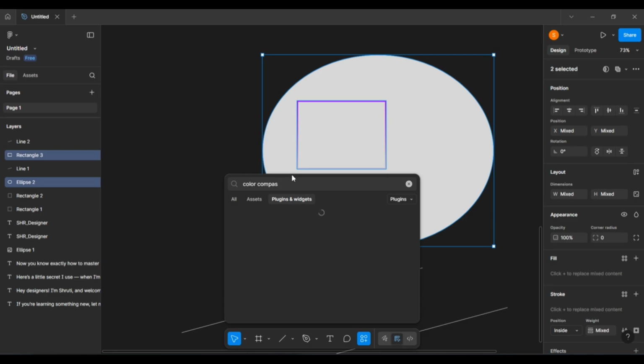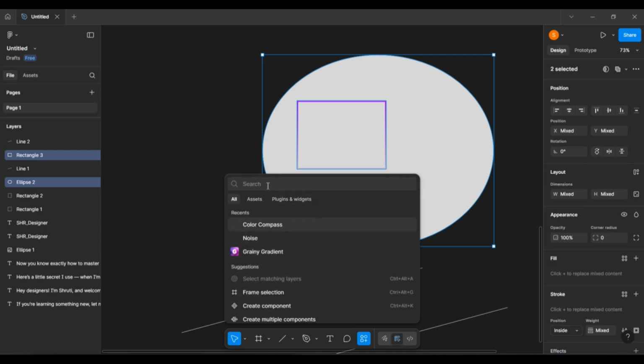Once you press enter, the pop-up menu will be present, Color Compass. On clicking Color Compass, the run generator option will open. There will be a run option. Just run that option and you will be on the Color Compass screen.